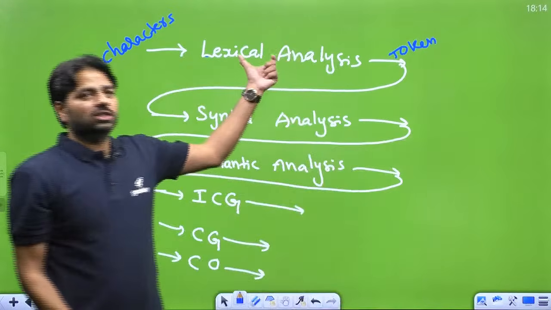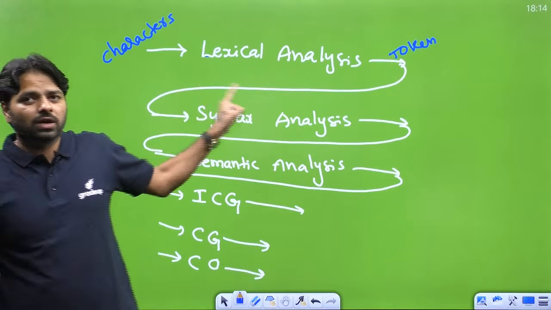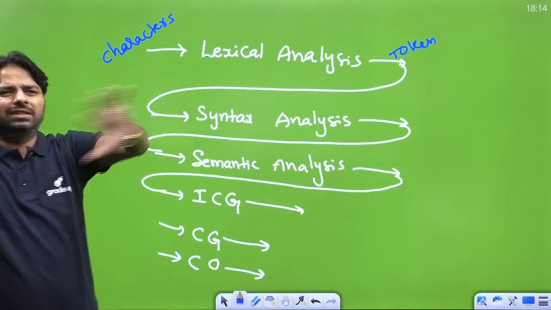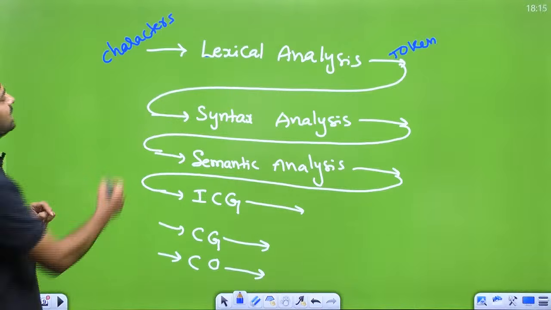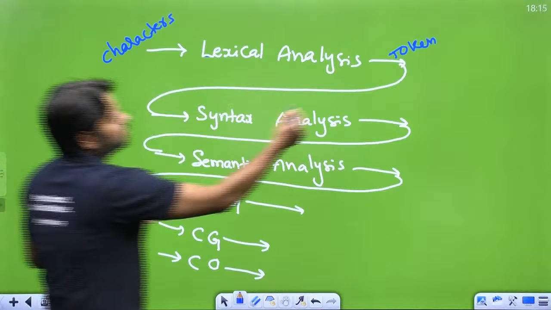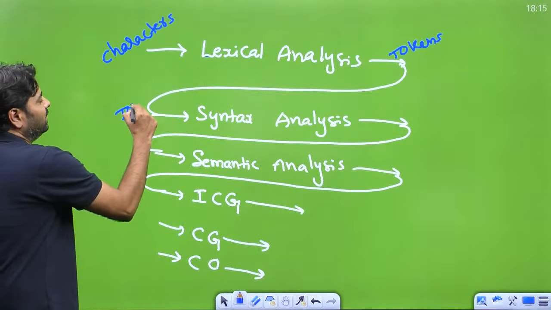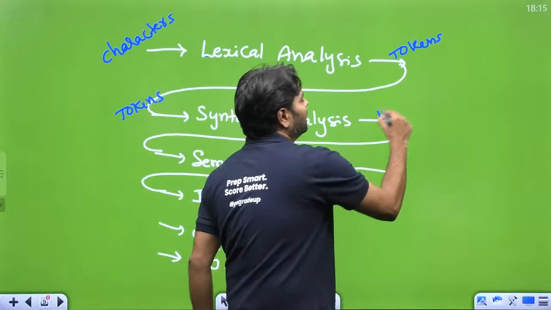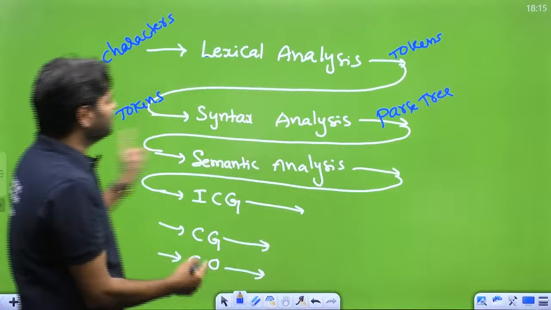But in between, the functionality is there. I'm not talking about it because we have the revision on the first chapter, so we are going to do that. And that uses finite automata. I'm going to talk about everything about lexical analysis. Don't worry about it. These are only phases of compiler. In syntax analysis, the input is the same tokens, token stream or sequence of tokens, whatever it is. And syntax analysis produces the parse tree. That is a derivation tree. And the parse tree is an input to